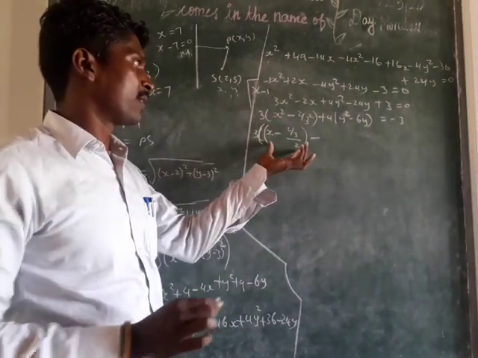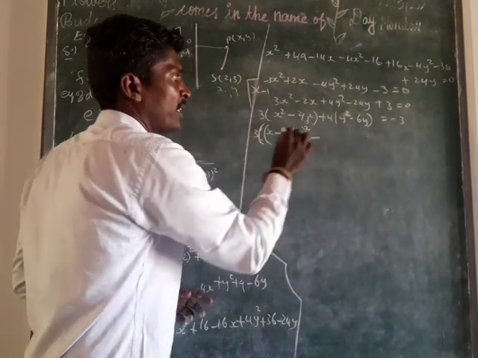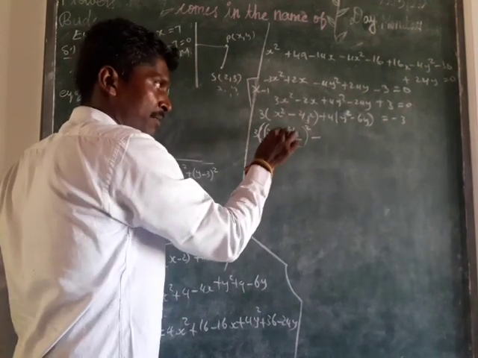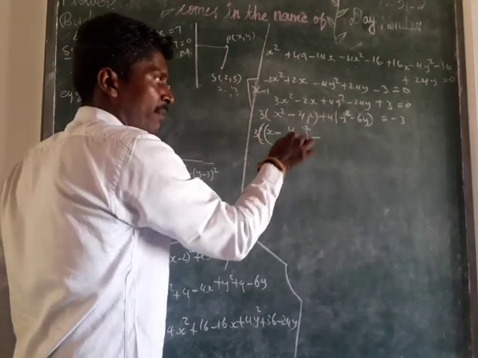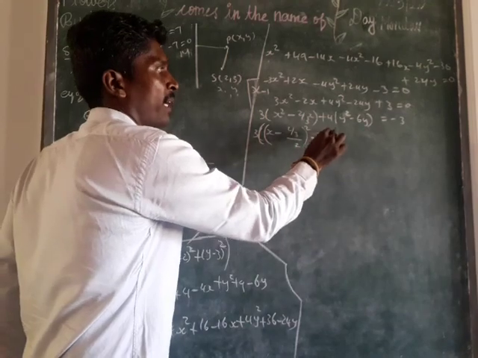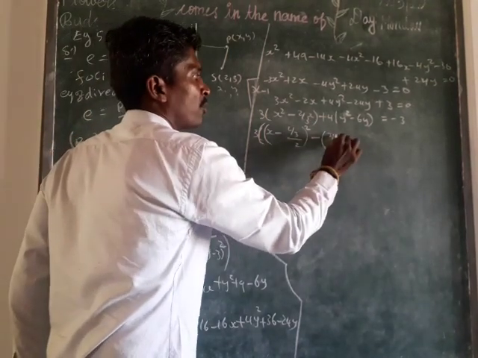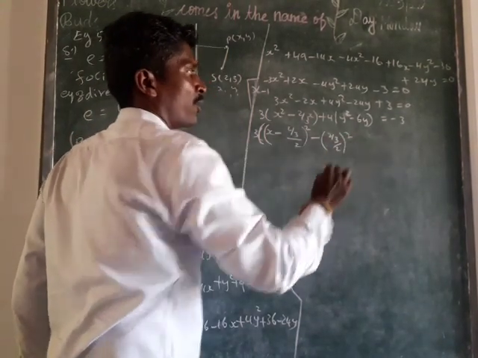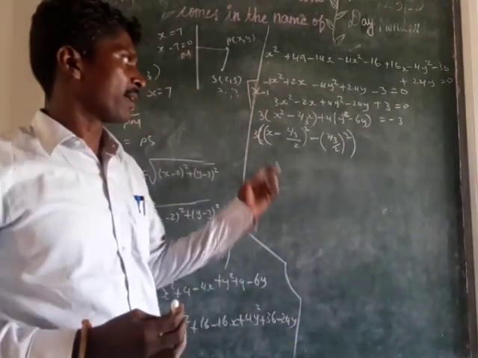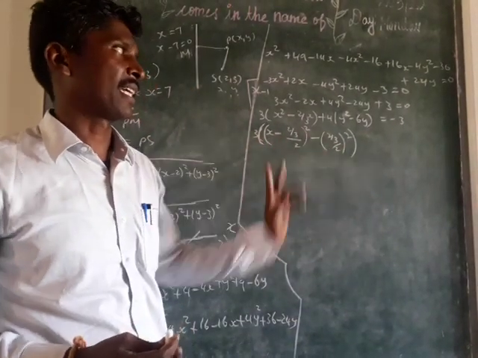So 1 is for this term. I can write the whole square here. So write the x term, same symbol, coefficient of x divided by 2, then whole square, minus the same term. You can write 2 by 3 divided by 2 the whole square. I can close the bracket because 3 multiplies the first and second term.